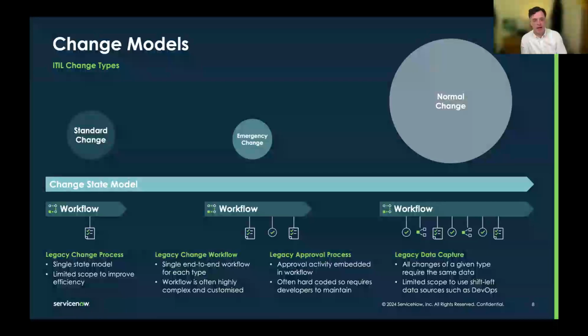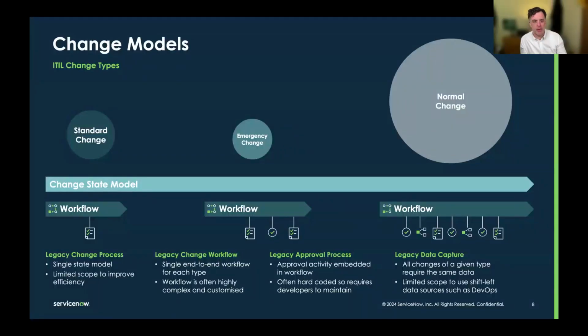And the problem with that is that the end-to-end workflow has to handle things like state transitions and rollbacks. If teams don't do states and things happen, if we need to go back on a state, we need to reset tasks. It also means that things like approvals are embedded in that big monolithic workflow. Even if we're using techniques like approval policy, we still need to embed all the logic into that big workflow. We also have things like task generation embedded in that workflow.